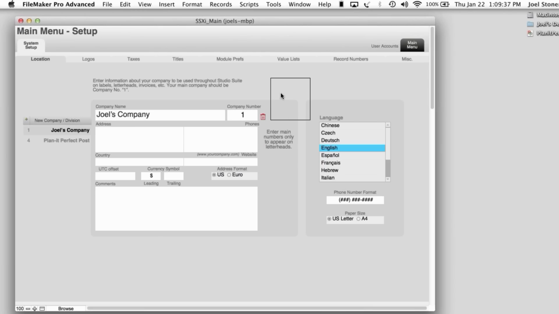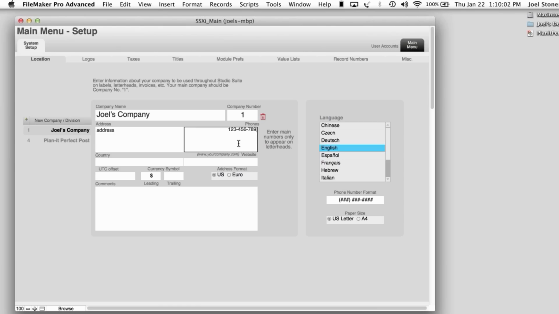Now, some of you may have multiple companies. Maybe you've got a production company, a rental company, a studio, a development company, advertising company. And so you can create multiple companies. Just hit this plus sign multiple times, put the company name. You want to make the one that you use most common be number 1, and that's going to be the default company. Down here, you'll put the address, and you'll notice that it is left aligned,